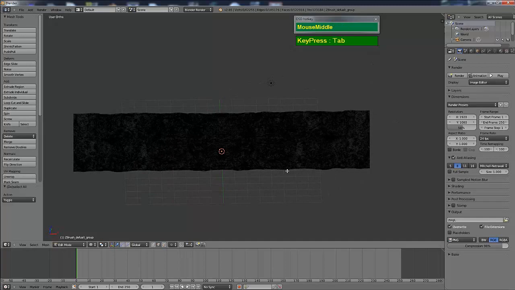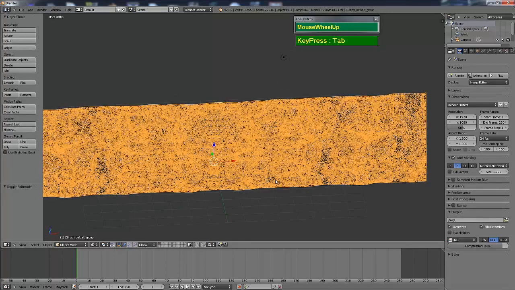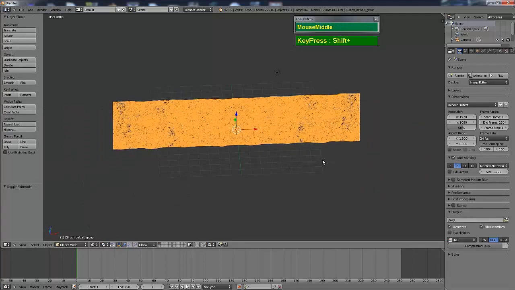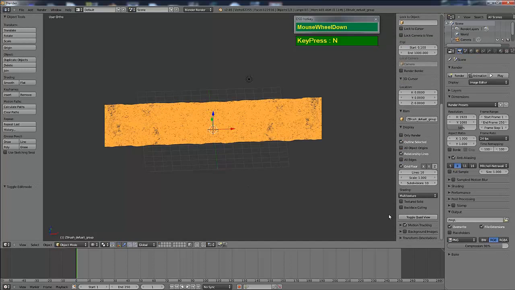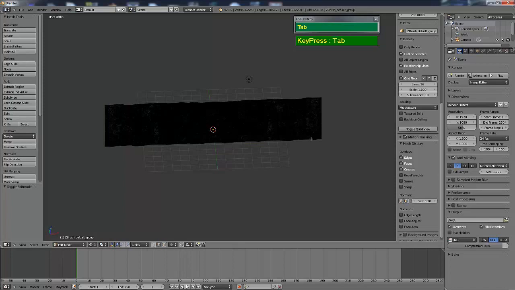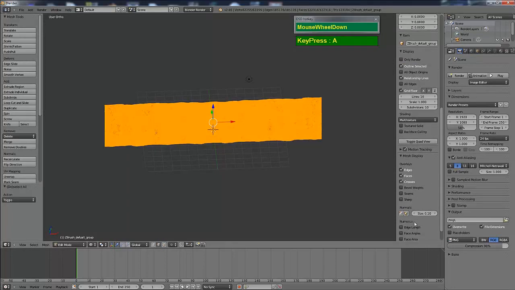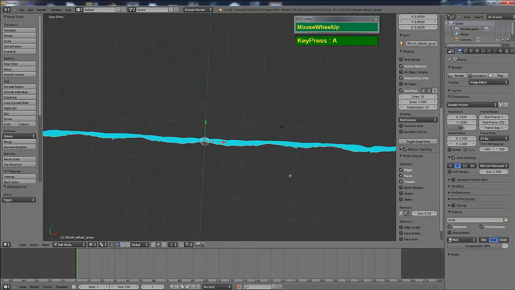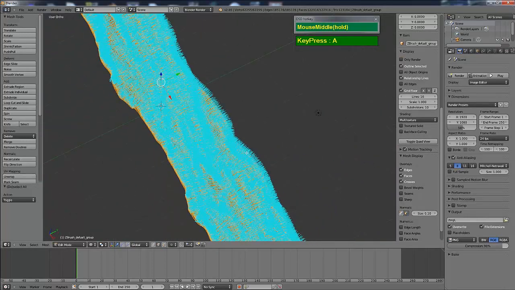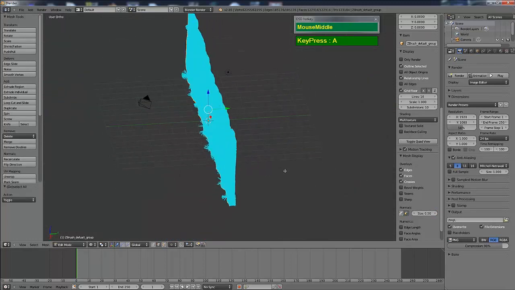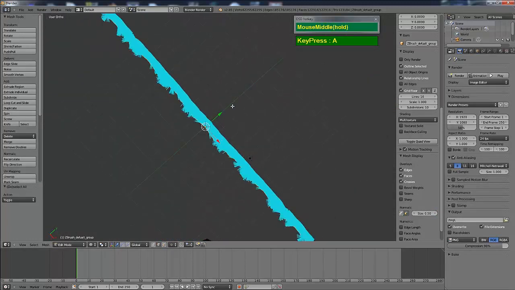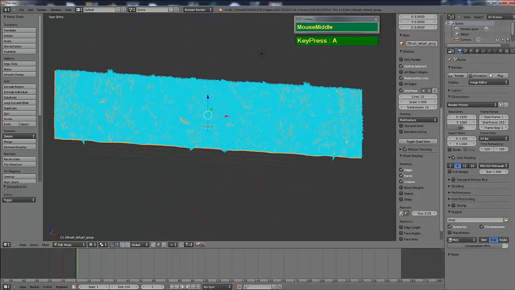Okay, so before we do that, let me check the normals. Make sure the normals are pointing in the right direction. So press N. Okay, and under the display, and then I'm going to show the normals. Okay, I need to go to edit mode to do that. So press tab to go to edit mode, press A to select everything, and then show the normals. And then you can see the normals are all pointing. Let me just increase the size of the normal a bit. Okay, so the normals are pointing in the direction of the green arrow here in the y-axis.